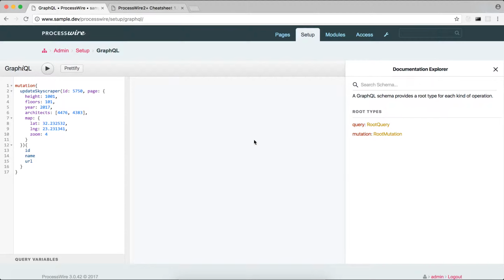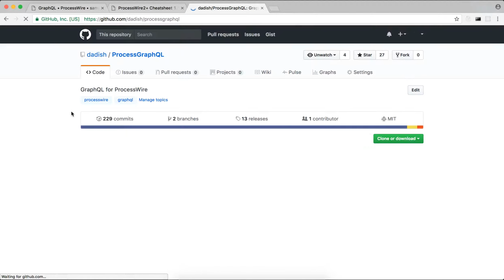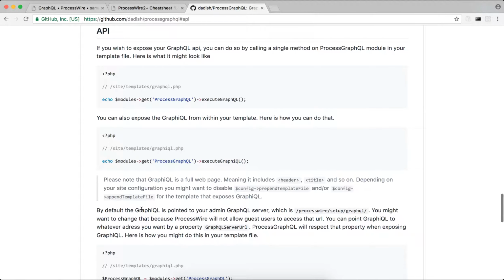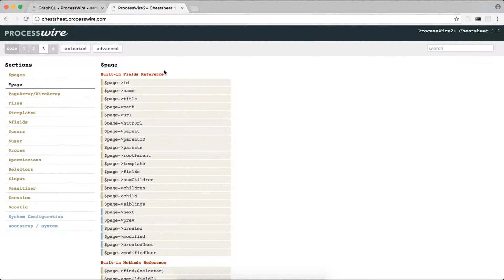Now at this point, your GraphQL API is not public yet because it's located in ProcessWire setup GraphQL. Here you can see that it is not open to the public. ProcessWire will not allow users that are not logged in to get to this page. To expose your API to the public, you can go to the GitHub repository of the module, and the API section will walk you through exactly how you would do that. But